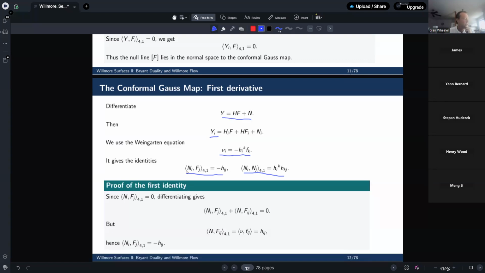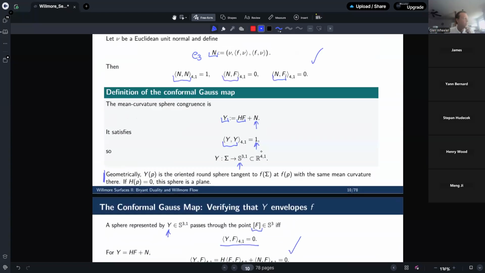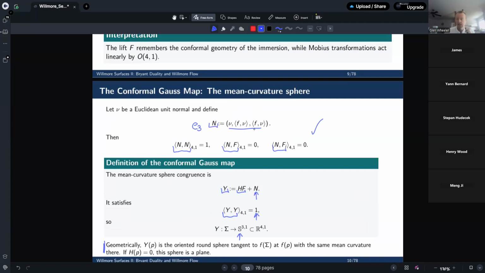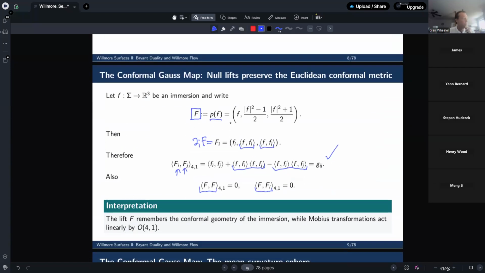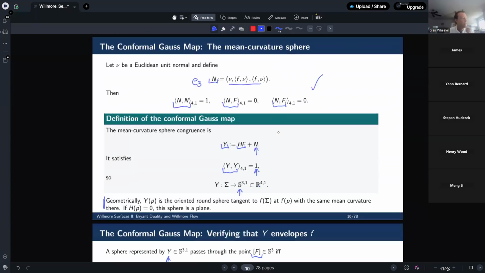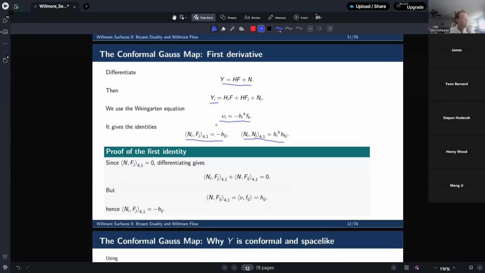You can plug in the definition of N and the definition of F as lifts, right? So remember what they are as lifts. N is this as a lift, and F is this. And so you know already what's going to happen for the first three components, and you just have the last two to work out. And when you differentiate the big N, you're going to differentiate the nu. That's going to be your Weingarten equation. And then you're going to differentiate also